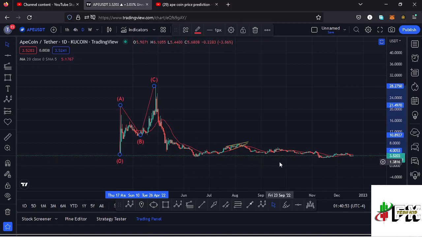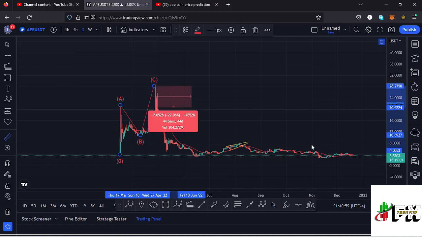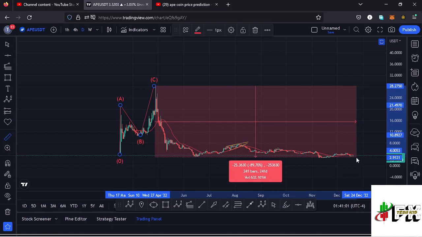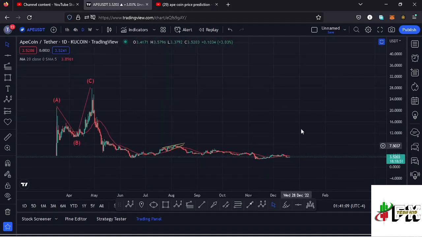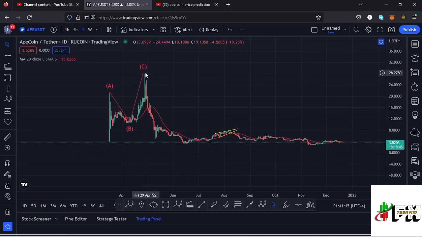having the current low at around the $2.57 mark, and giving you a measure from the all-time high. From the all-time high, you can see that apecoin is down more than 87%, meaning there are chances that we might have seen the low for that movement to the lower side, and very soon we might expect that bounce to the upside, maybe obeying the EBOOK structures and maybe taking us to an all-time high. And in this movement from the all-time high, there are chances that whatever we are seeing over here is much of a five-wave structure to the lower side.